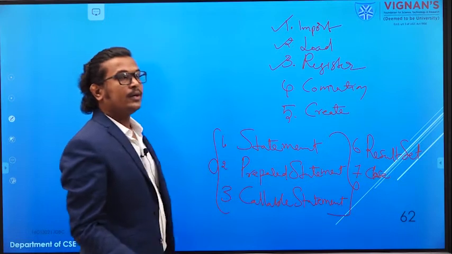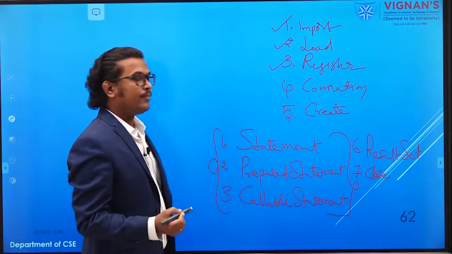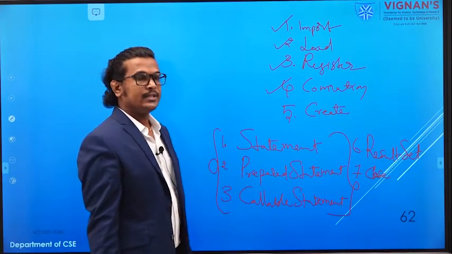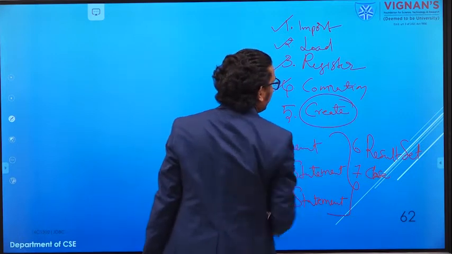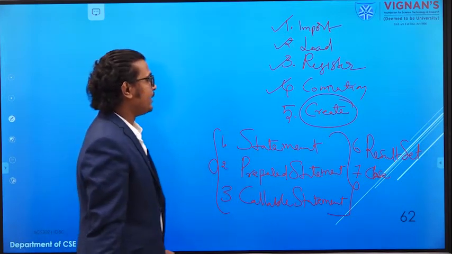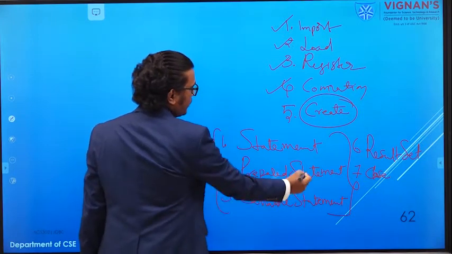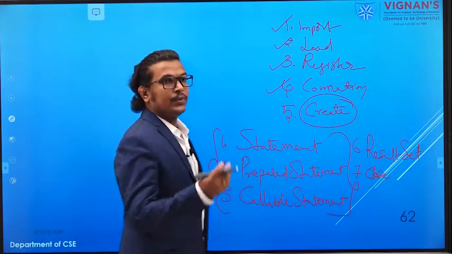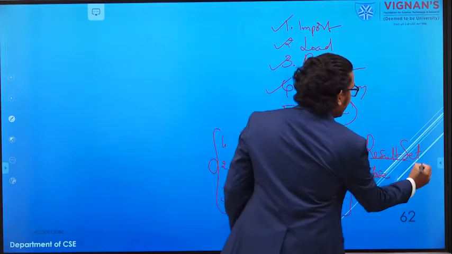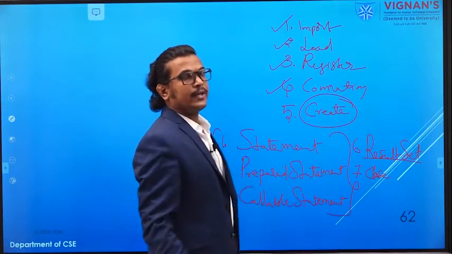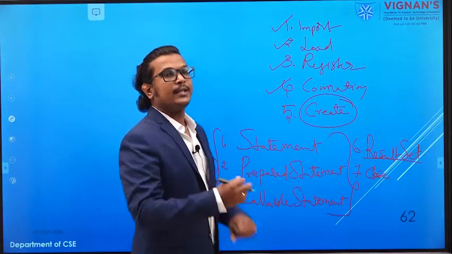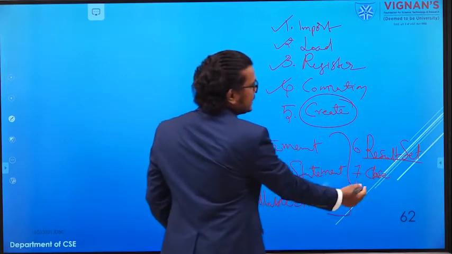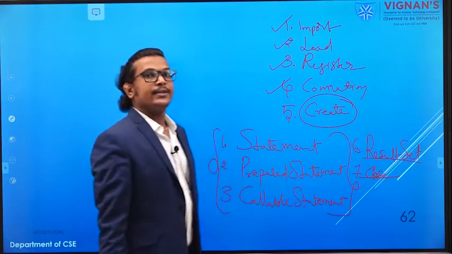Once the registration and loading of your driver is done, only then can you establish a connection to your database. Once the connection creation is done, you have to create a statement for your SQL query, with the help of the statement object or prepared statement or callable statement. Once your statement object creation is done, if you have any result, you store that result in a result set. With the help of this result set we retrieve the data and display that information in an application. After that, once your requirement is done, you close your connection.